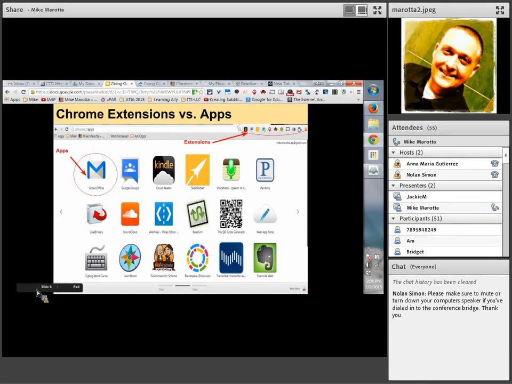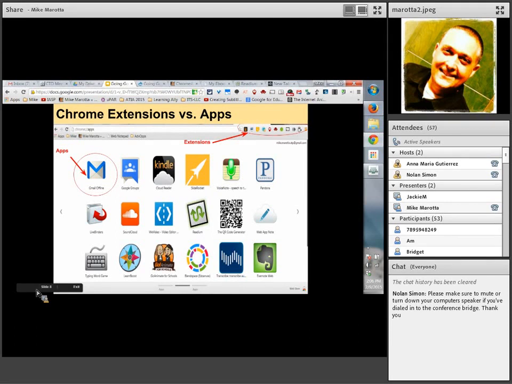Apps are what's shown on the picture on the screen. When I launch a new web browser tab, the apps that I have can show up in the tab window. And what happens is when I click on an app to launch it, it launches a brand new browser tab for me to perform some work in. So think of an app very close to a software program that you would be using on your standard PC or Mac. By clicking on an app, something loads and it works, and it's in a brand new browser